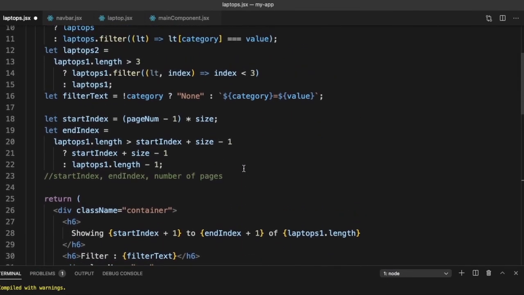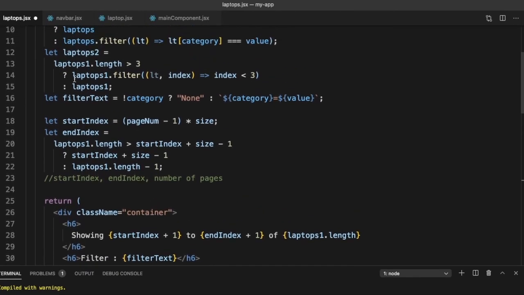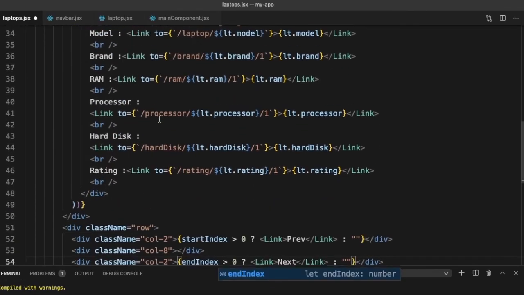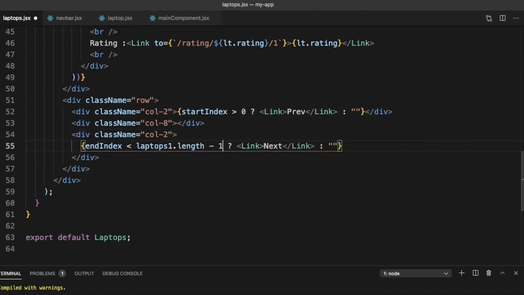My end index should be laptops 1 dot length minus 1. So if my index is less than this, I need the next. Otherwise, I don't need the next. There is no next here.